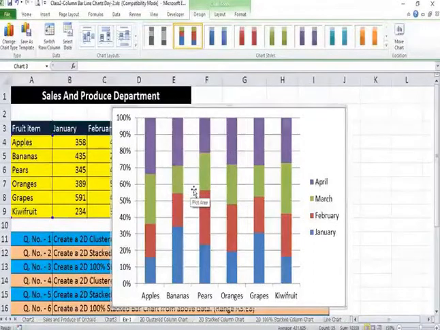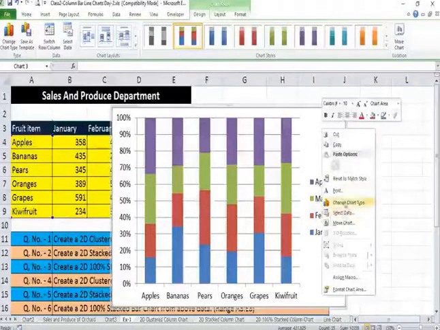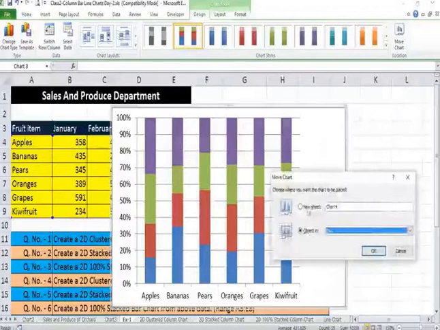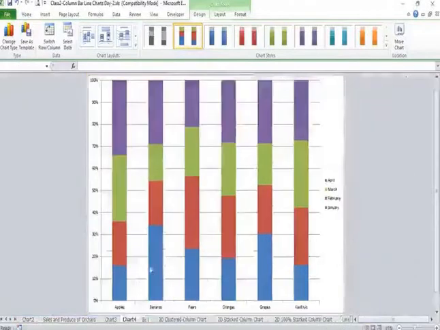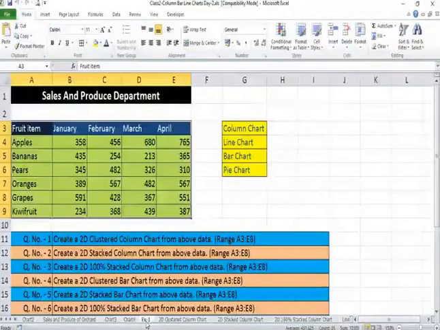I hope it is pretty clear, and you can move this chart also like this. Go to this exercise and let's create a pie chart this time, which is an important option.